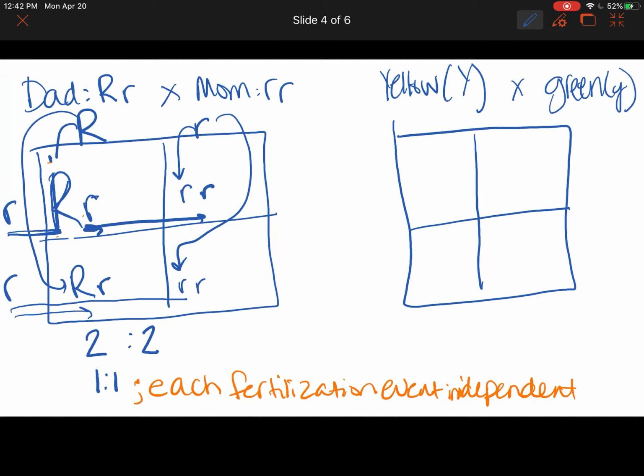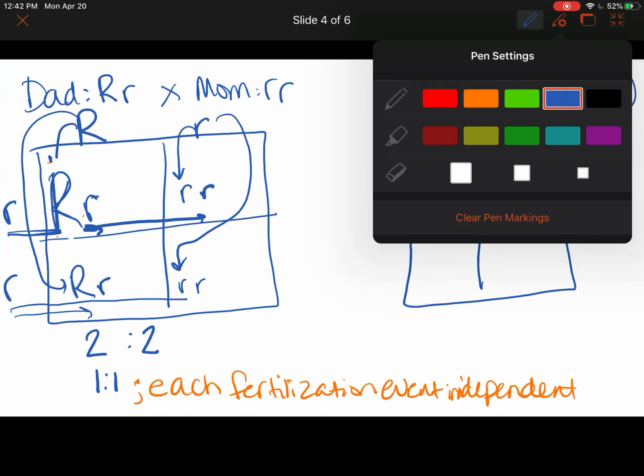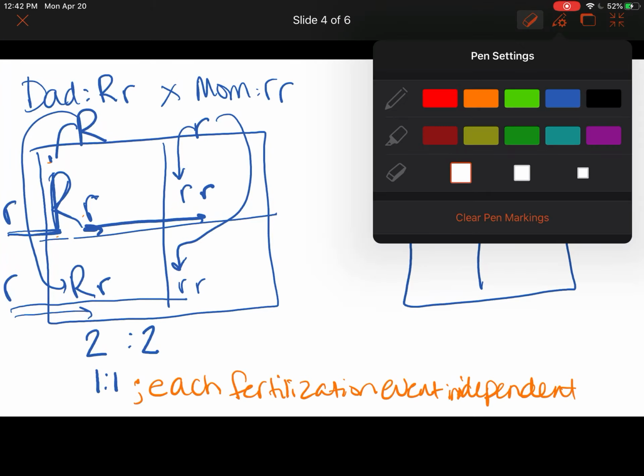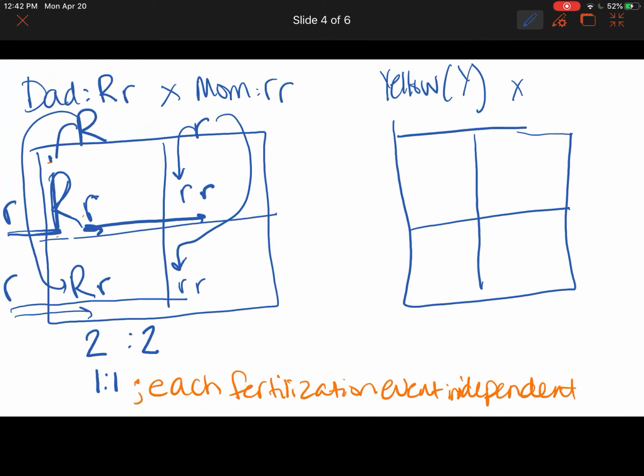Yellow is dominant, crossed with green peas, which was recessive. Actually, I'm going to change that because that's just not very interesting. Let's make it different than what we did with the tongue rolling. So let's have a true breeding yellow